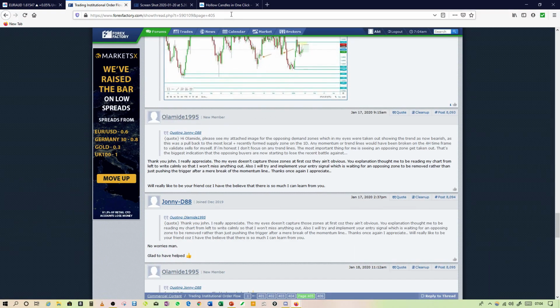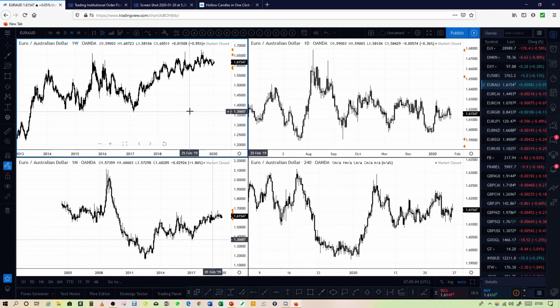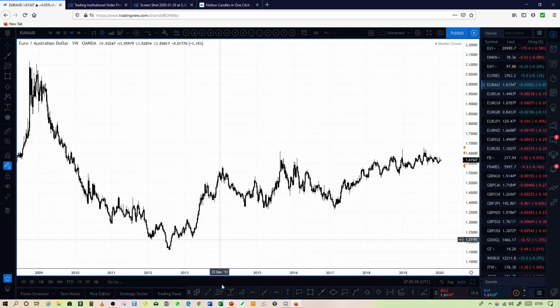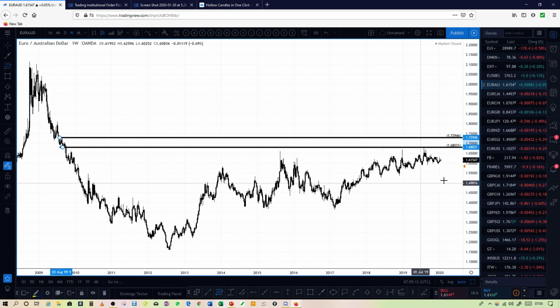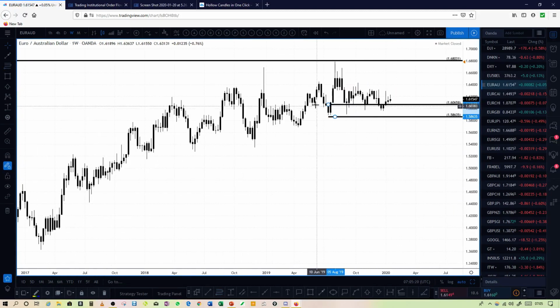But we'll go through it now. Let's take a look at it now and see what we've got in terms of opportunity. My first impression is that this isn't a market that would be worth too much time in trying to take long-term trades in, because of the structure right now. It is quite a sideways market that's not really going anywhere.